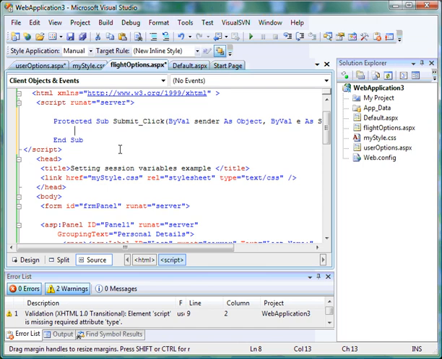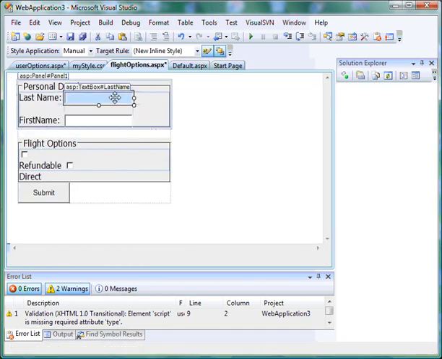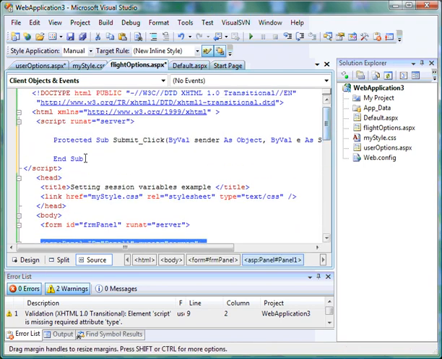Okay, now as you see, the first name and the last name session variables are extremely simple. All we've got to do is get the text out of the text boxes, the two text boxes here, last name and first name. So we just need to get the text out of there and put it into a variable, essentially into